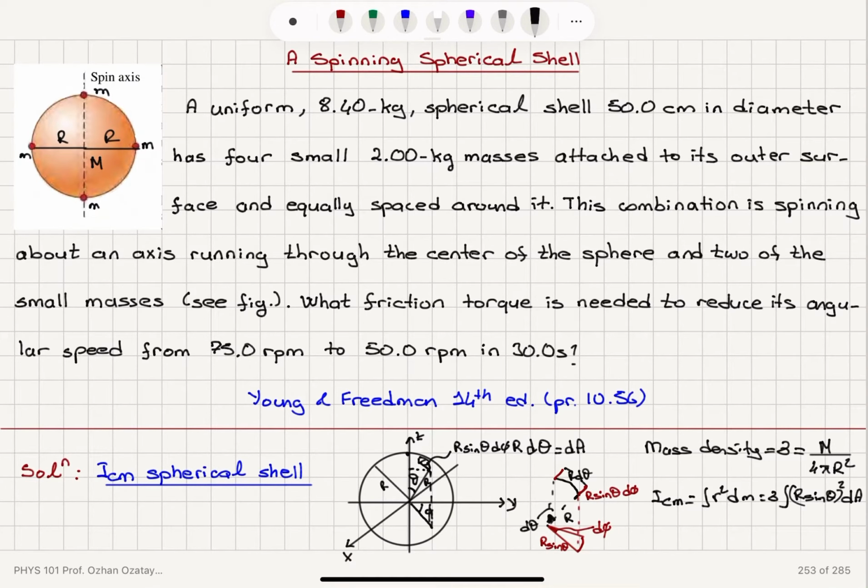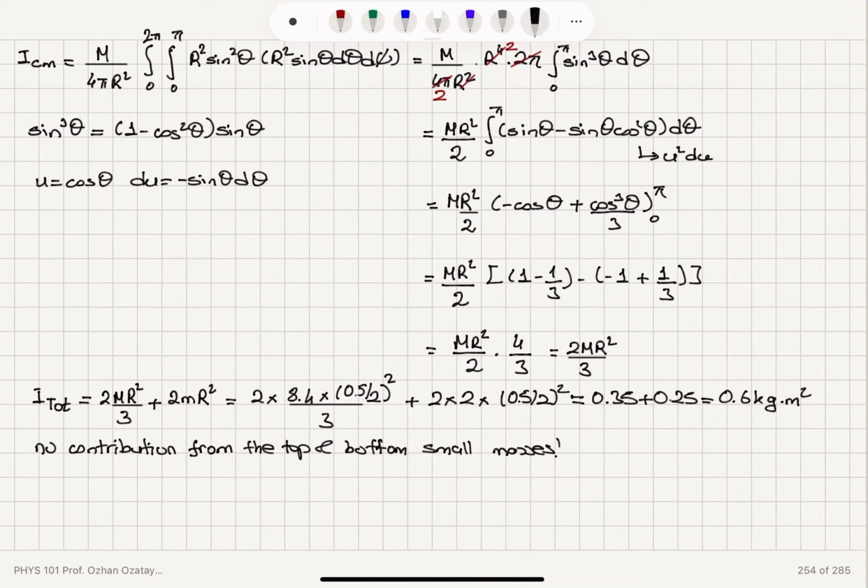Now, we want to change its angular speed from 75 RPM to 50 RPM. So our initial frequency, f1, is 75 revolutions per minute. That is 75 revolutions in 60 seconds, 75 over 60 hertz. That corresponds to an angular speed 2 pi times the frequency, 2 pi f1, 2 pi 75 divided by 60, which is 2.5 pi